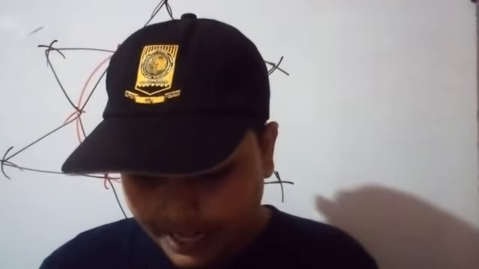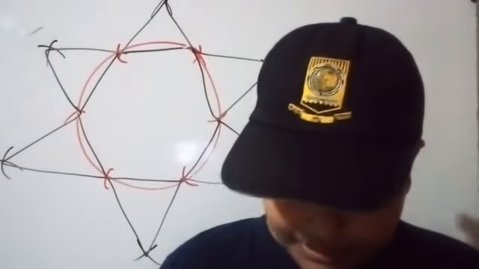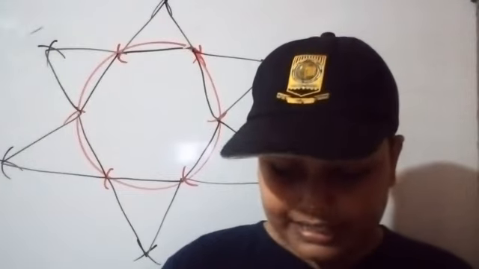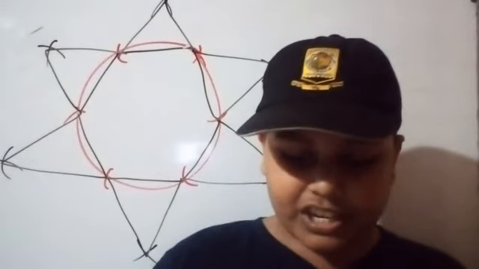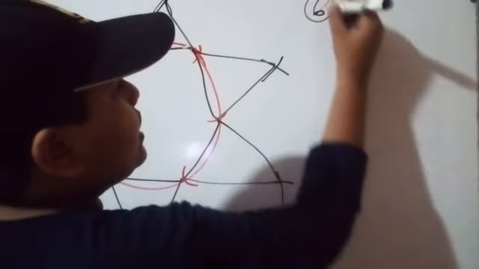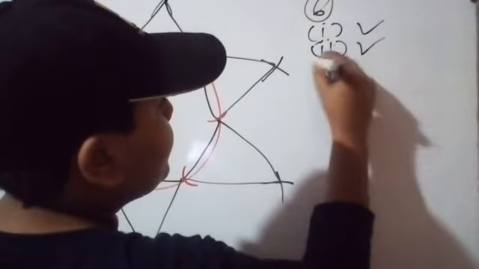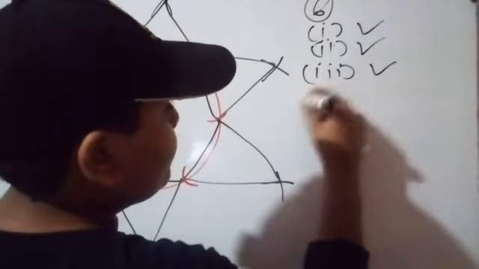Fourth one, find the perimeter of one of the two largest triangles that you can get when you complete the above step. Let's find the perimeter of one of the two largest triangles that you get when you complete the above step. Now, the 6th question: first one do, second one do, third one also do. Now let's do the fourth one.